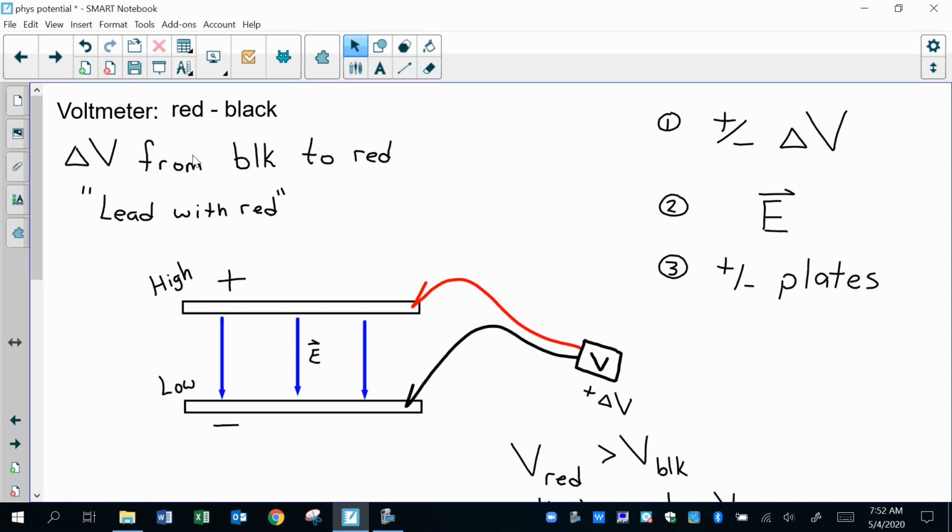Voltmeters are actually very, very easy things because we know what voltage is now. It is a difference between any 2 locations. So what does a voltmeter tell you? It's this little electrical box that shows you. And you know what? Let's do a quick